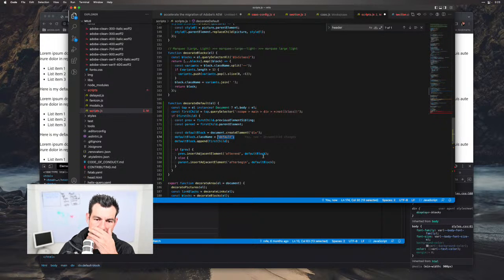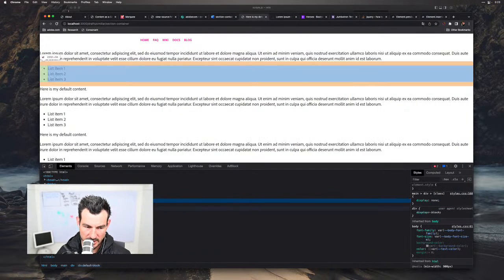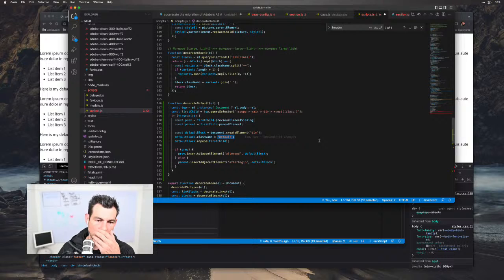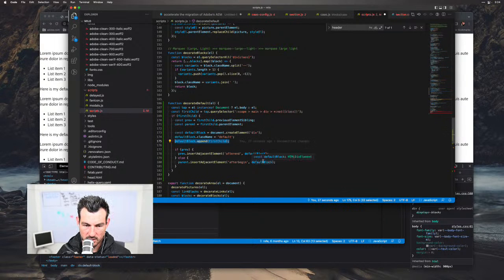Okay, so we have a working model, but we've got to go get all those siblings. So we have to find all those siblings until we hit something with that, and then we got to collect them. So we have if first child, and we get the parent, and that's cool. We create that, that's cool. Now we have to go find all the siblings. So what we could do